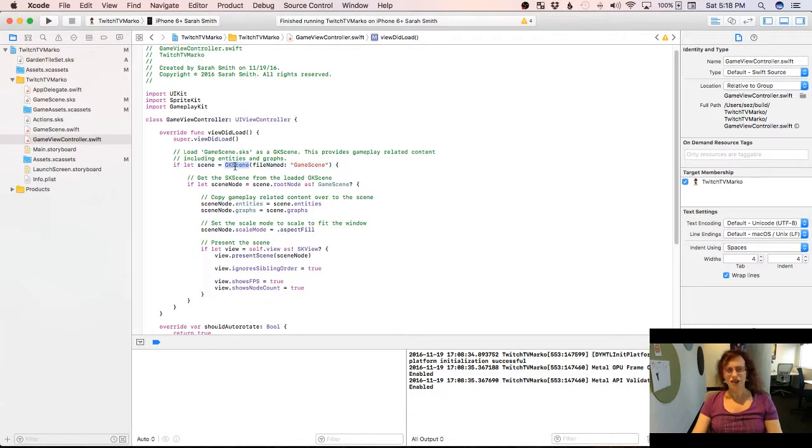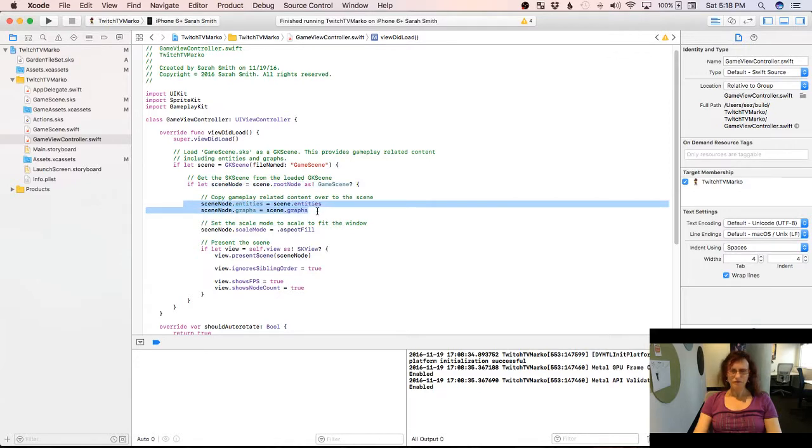It creates a GK scene, which is just a superclass of SK scene that knows how to store entities and graphs, which are our Gameplay Kit components, and it's going to pull those out of the SKS file, which is our game scene.sks file just there, and get all of the entities and graphs and poke them into our game scene